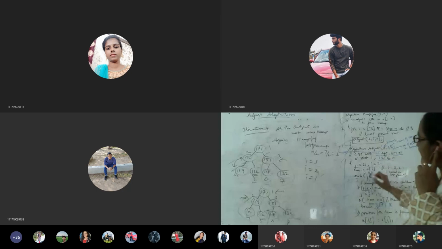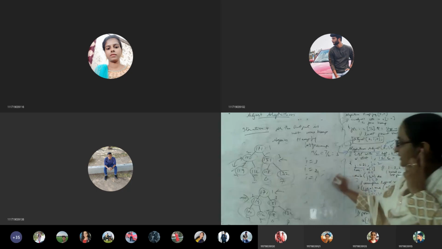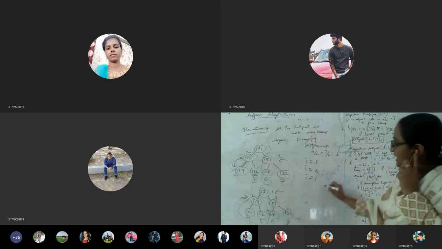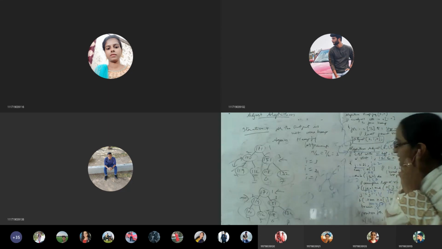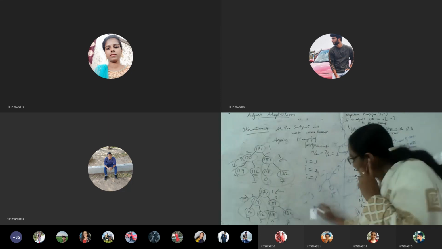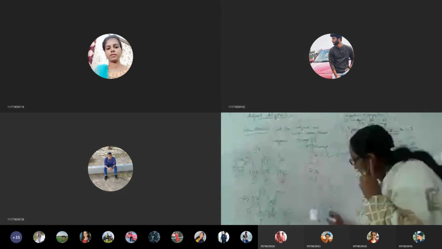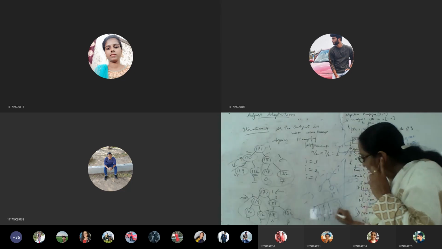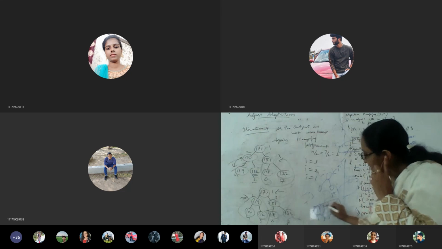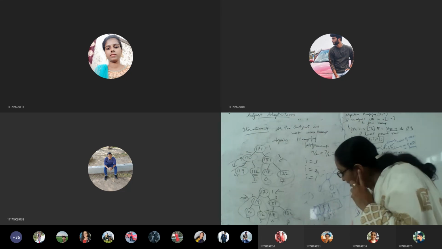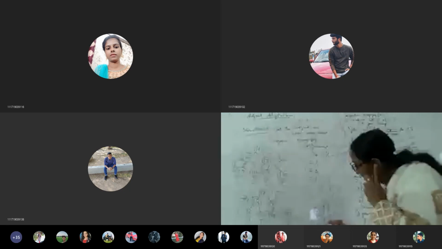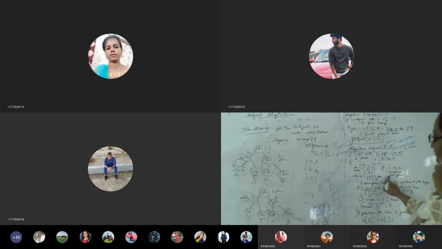So here exactly what we are doing is assigning the pointers. Root will be with i, its left child will be j, and its right child will be j plus 1. When I say i, j, j plus 1, it's nothing but root, left child, right child. So these are the indices. When I say A of i, it means the value I refer to. A of j means it refers to the value. So that is how you have to iterate.